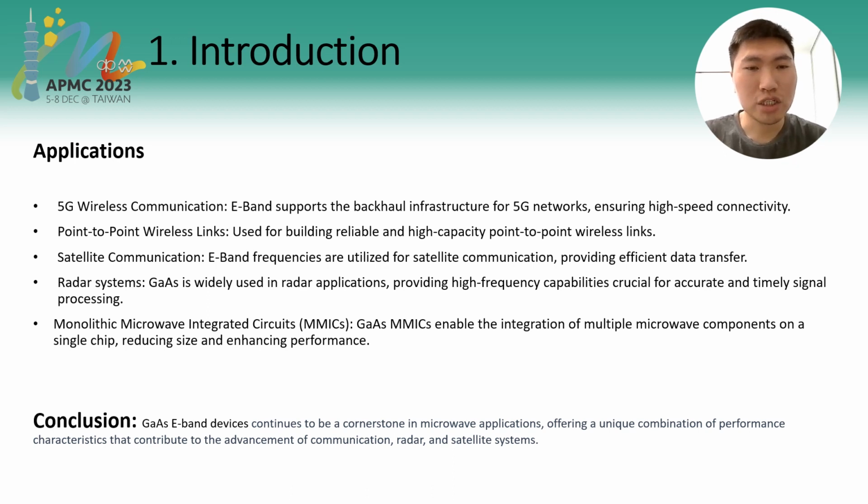For 5G wireless communication, E-band supports the backhaul infrastructure for 5G networks, ensuring high-speed connectivity. For point-to-point wireless links, it's used for building reliable and high-capacity point-to-point wireless links. For satellite communication, E-band frequencies are utilized, providing efficient data transfer. For radar systems, gallium arsenide is widely used in radar applications, providing high frequency capacity, crucial for accurate and timely